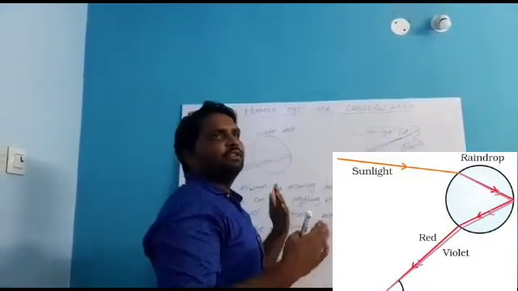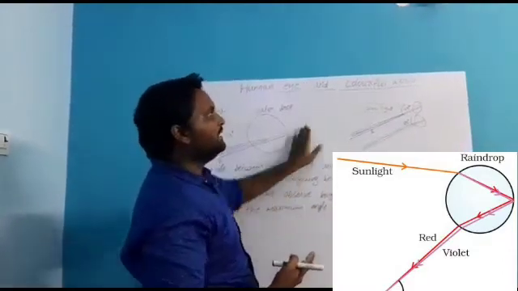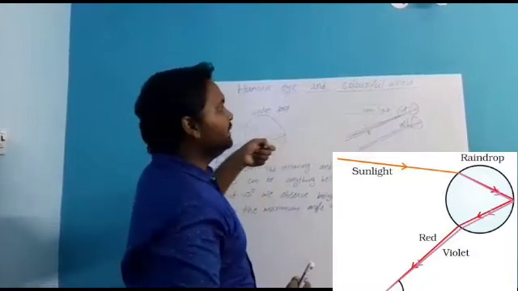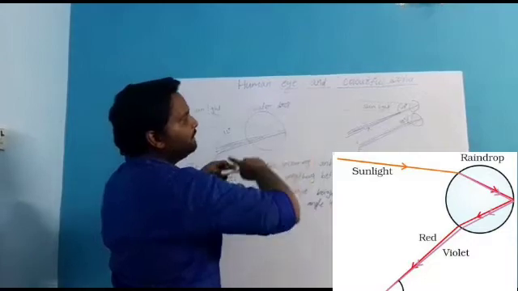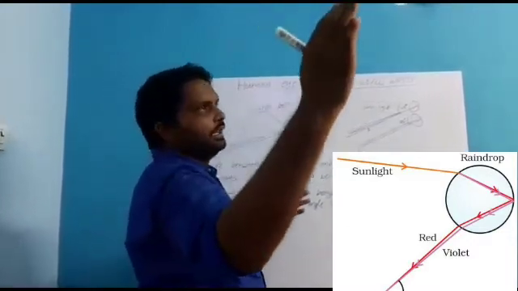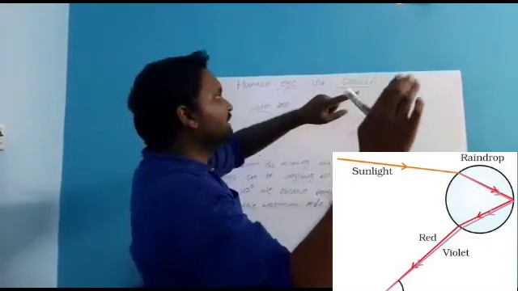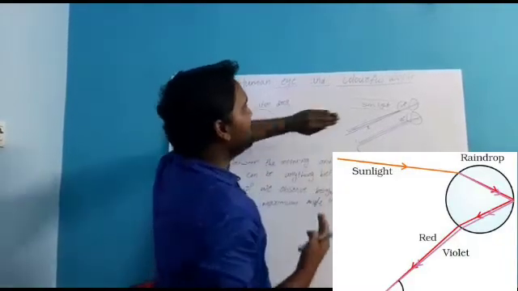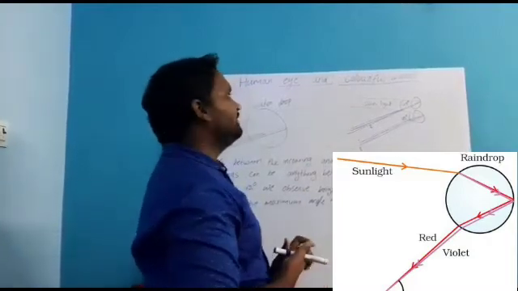Just like that, we can make a rainbow artificially at our home also. Again I am saying, this is the white wall. You just take one water tube and keep it in front of that white wall. The water drops will come this way. The sun should be in front of the wall. So when the sunlight passes through the water drops, it will be refracted to your eye. Then you can see the rainbow on the wall. This is one activity we can do.